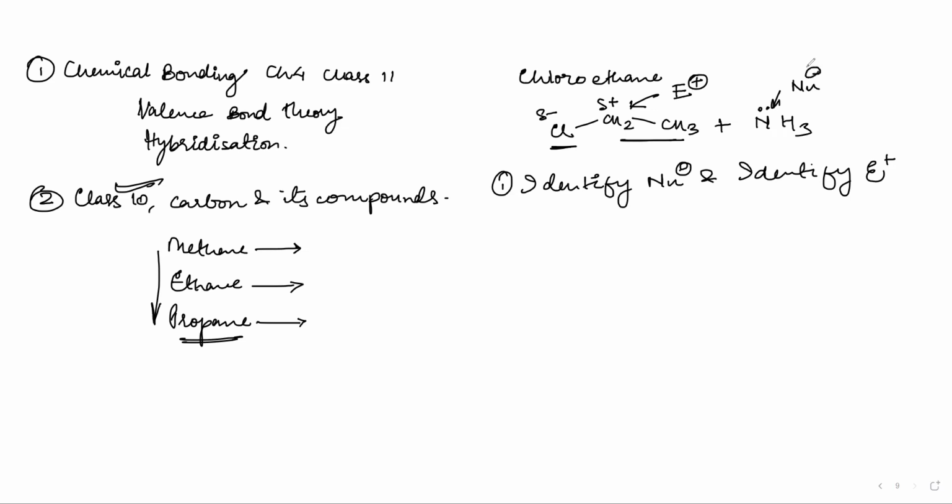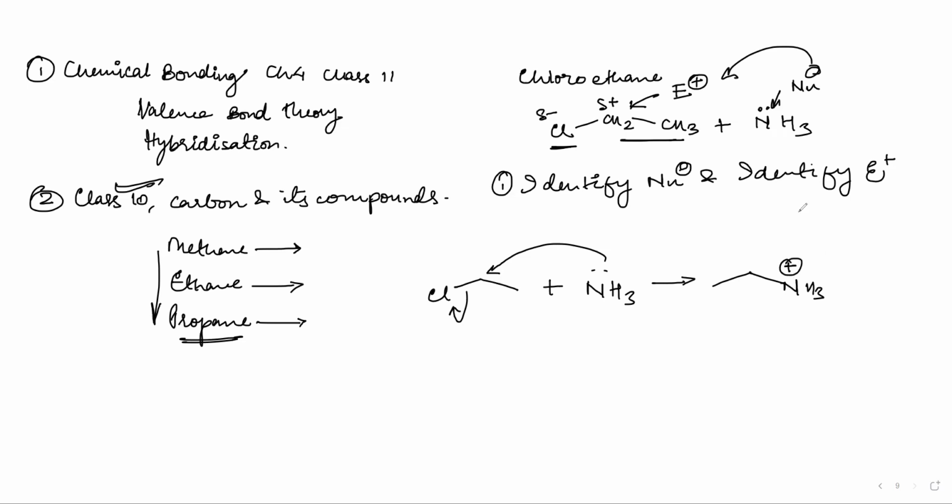Now what will happen? The nucleophile will attack the electrophile. If it attacks here, this chlorine will leave and we will get NH3 here. I have just changed the position, it is again the same thing. No difference whether I write NH3 here or here, because both of the carbons are equivalent. Now this nitrogen has 3 bonds to hydrogen and 1 bond with carbon, so a total of 4 bonds. That is why it will gain a positive charge.